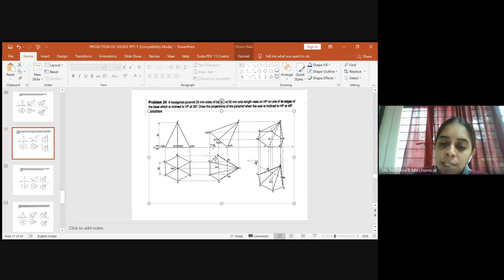So we have named just the bottom surface of the given hexagonal pyramid. Apart from that, we need to join to the apex. So please read the projection from O1 and O also. If you extend the projection from O1, you see here the locus of O1 is meeting O1 dash at this point. So this is our O1. The locus of O is meeting O dash at this point. So this is our O.